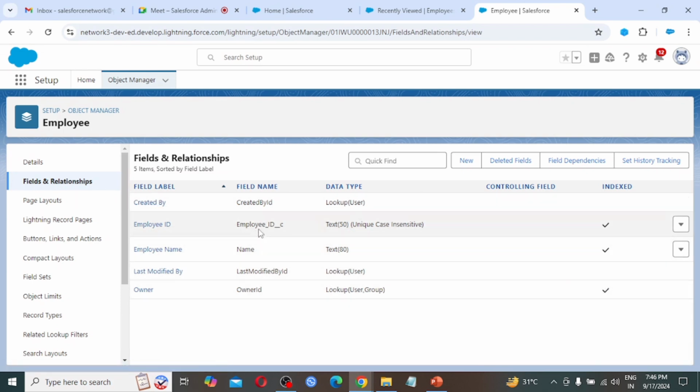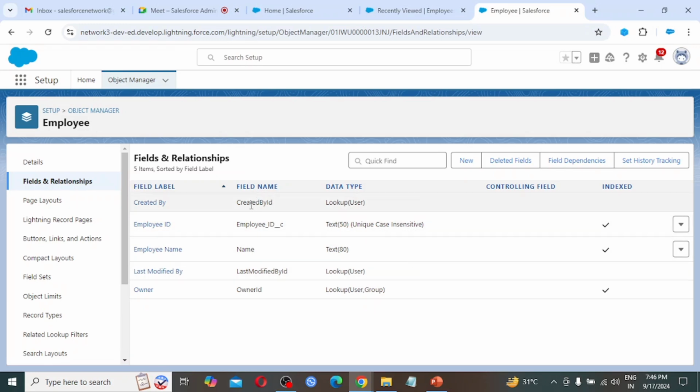As we had created employee ID, employee underscore ID is taken while creating the field, and double underscore c is coming at the end, as this is a custom field. We had taken text 50 and it is unique, case insensitive.